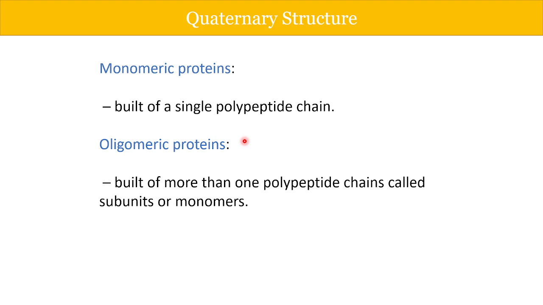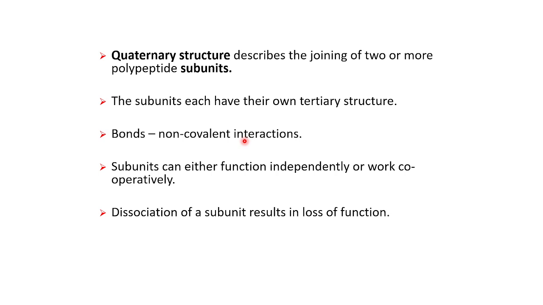They need their partner proteins or similar kinds of proteins that come together. A particular protein might form a dimer, or a tetramer, or a hexamer, and this hexamer is basically functional. The monomer itself is not functional. So quaternary structure describes the joining of two or more polypeptide subunits. Two or more three-dimensional tertiary structures coming together give us the quaternary structure. The subunits have their own tertiary structures, and the bonds are non-covalent interactions